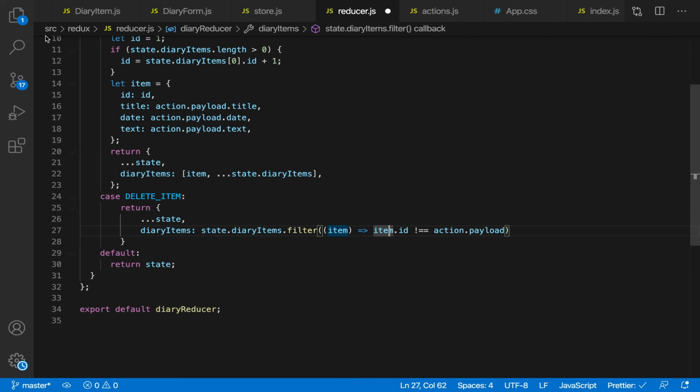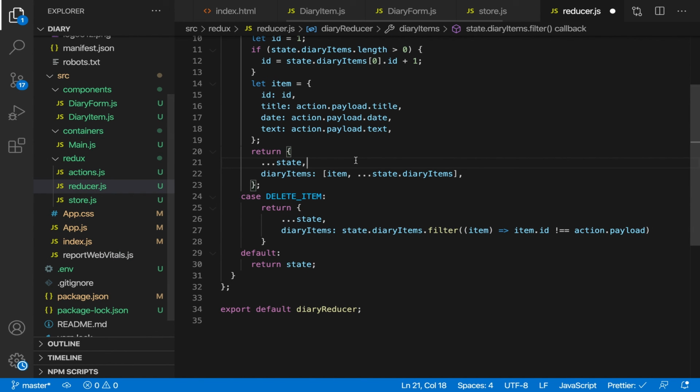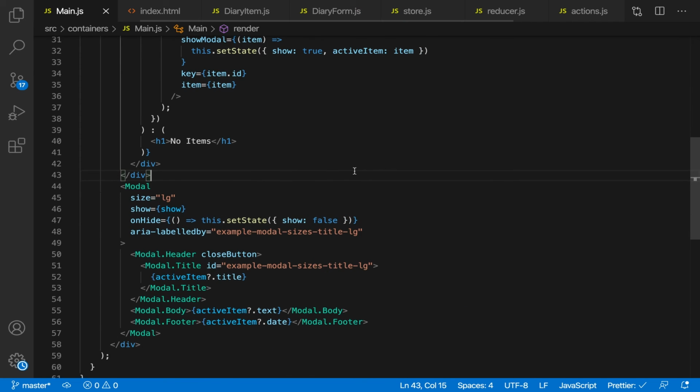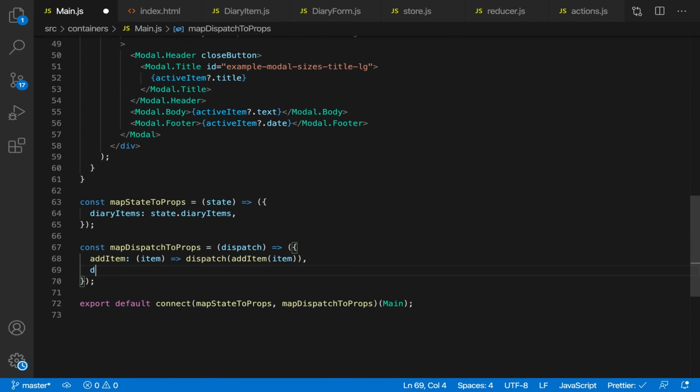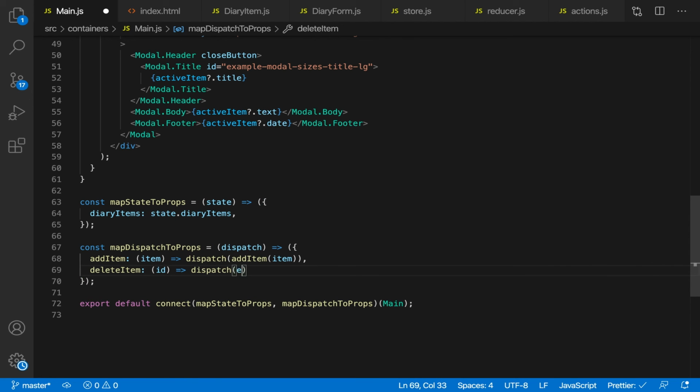So now let's actually link this. We need to save that. Sorry, I didn't save this. So we need to link it to our main.js now. So let's receive this delete item action. So let's make it over here, change it to props. So deleteItem would be an arrow function, receive an ID, dispatch the delete item action. So deleteItem,